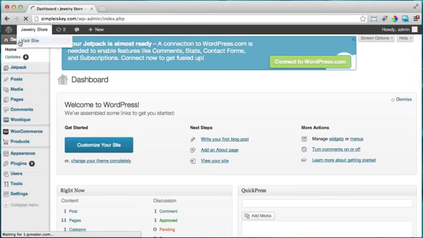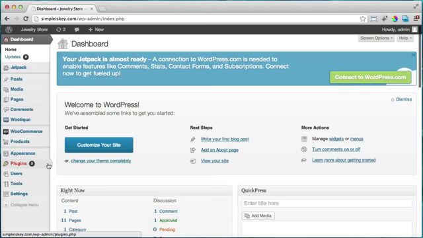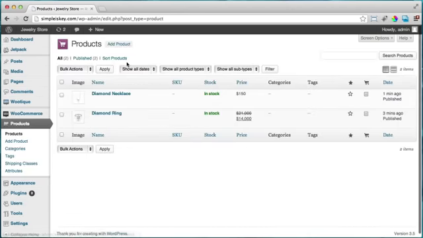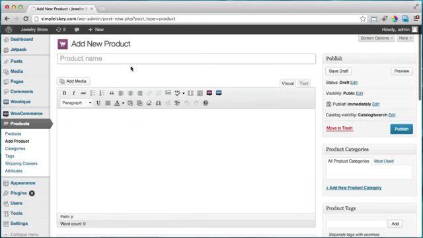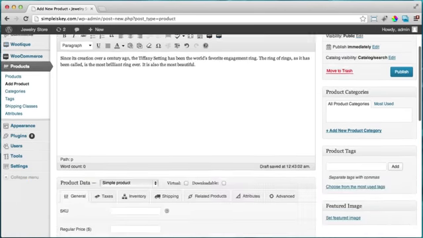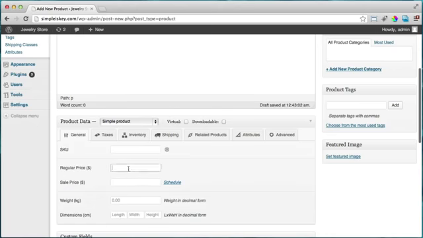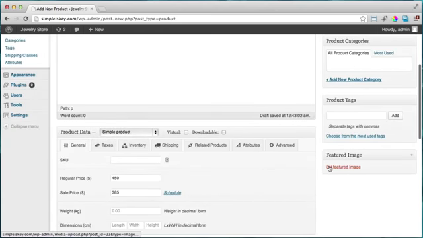So let's pretend like we're in the dashboard again, and click on products, and click add product. Alright, let's say these are diamond earrings, and the description, and let's say this is $450, but it's on sale for $385. All right, and let's set featured image,